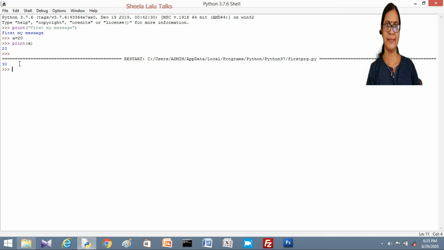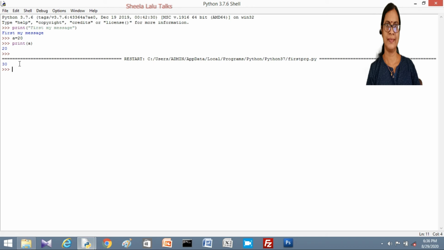Two commands I am introducing here. One is the print() function and the second one is the exit() function. The print() function is used for printing the message, or to display the specified content on the screen. And sometimes it contains arguments, and if there is no argument, then what happens? It simply jumps to the next line.